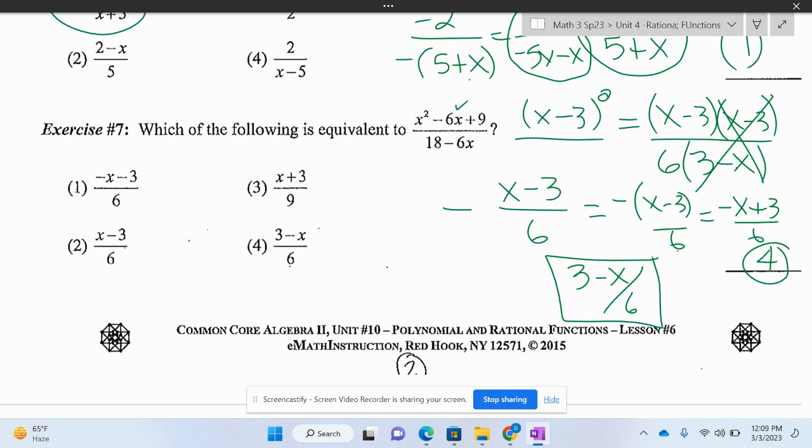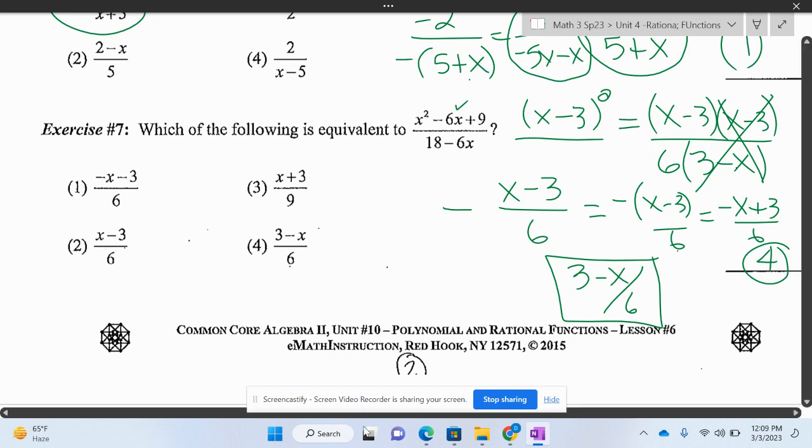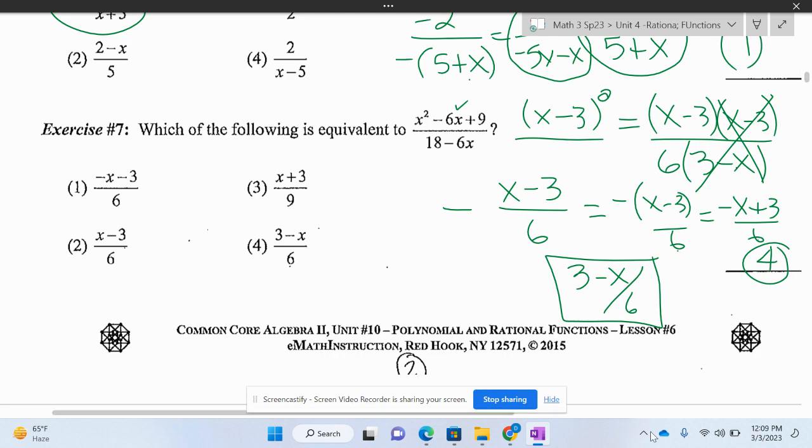Okay? So your guys' homework is pages 3 and 4. Your homework is pages 3 and 4. Yes, you may, sir. Thank you. Pages 3 and 4. And I think I wrote that in your